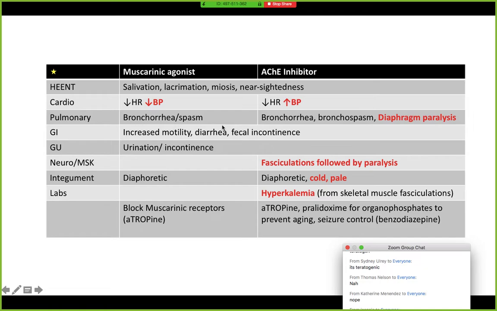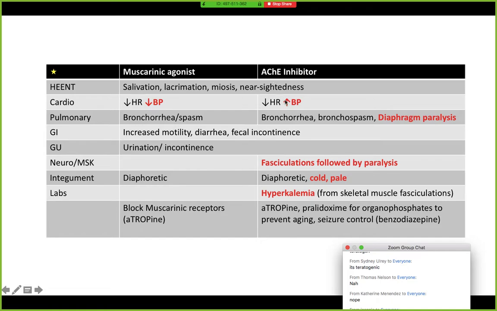This chart is out of her lecture, and the point here is just to make sure that you know the difference between the effects of a muscarinic agonist and the effects of an acetylcholine esterase inhibitor. I have the important things highlighted in red, but the three things that'll probably tip you off that it's acetylcholine esterase inhibitor versus muscarinic agonist are hypertension, muscle fasciculations, and then hyperkalemia. So if you see those three things, especially the muscle fasciculations,